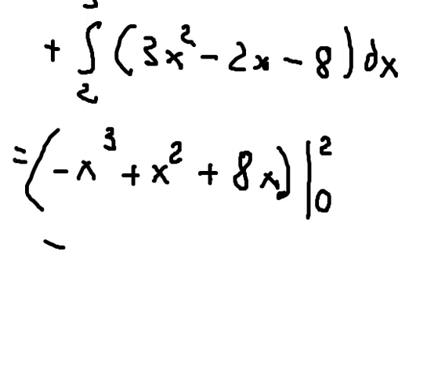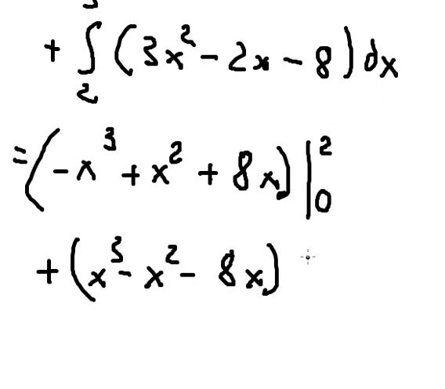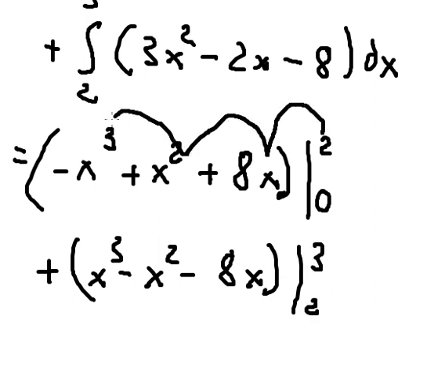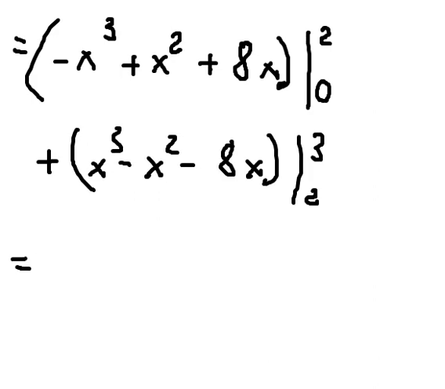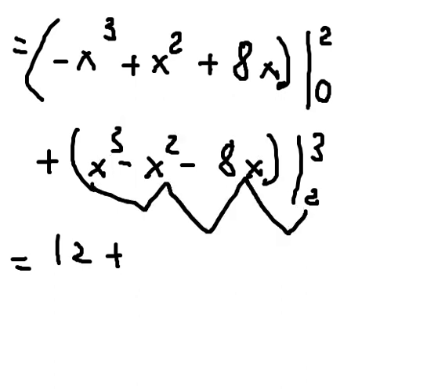And the next one, so I will put 2 in here, 0 in here. So we have 12. This one we calculate, so we put 3 in here, 2 in here. So we have 6, and that is about